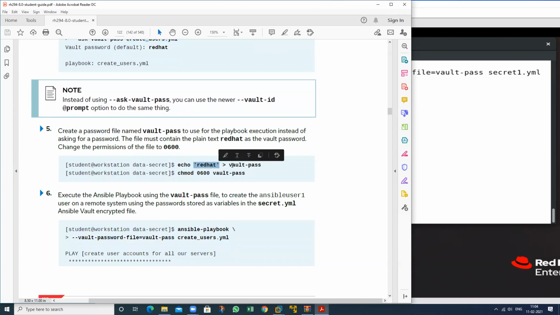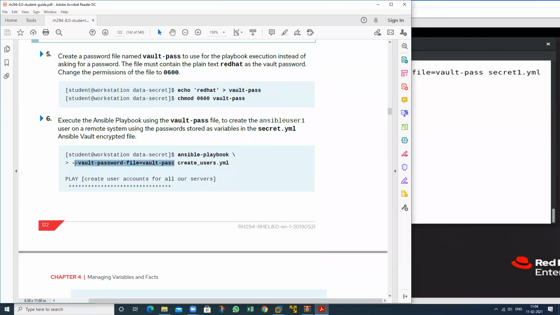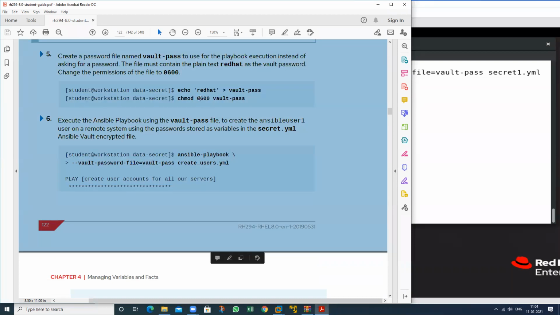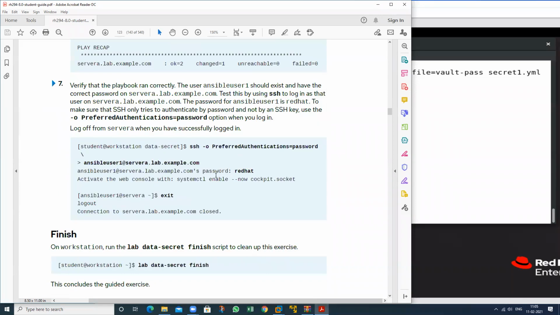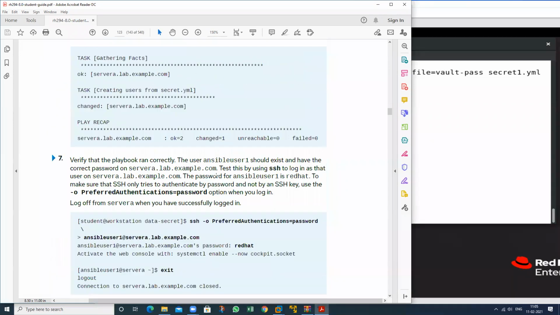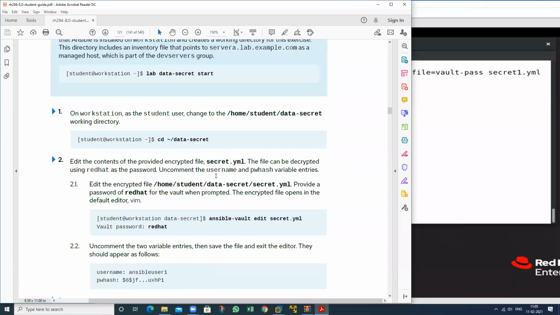Suppose you place the password in any other file, you can also apply it like this one. So the password will be taken from that particular file. And you should also apply the permission, so anyone cannot see this particular file. So see here, there is no permission for group, there is no permission for other also. So anyone cannot see this particular file. So you can also apply the security. Then this particular exercise has been completed. So I will show this whole exercise practically.